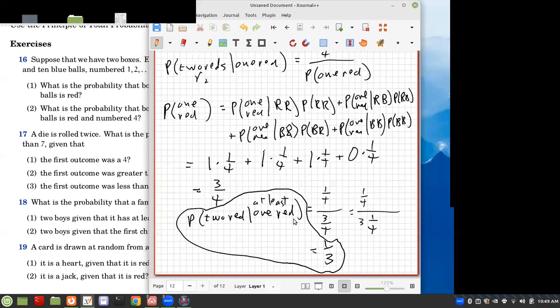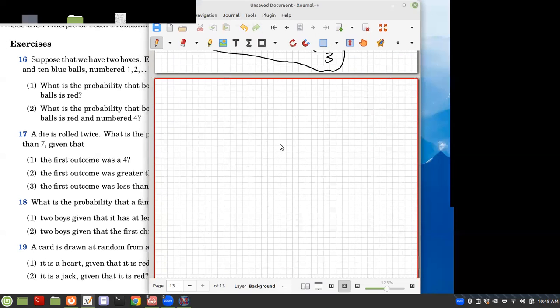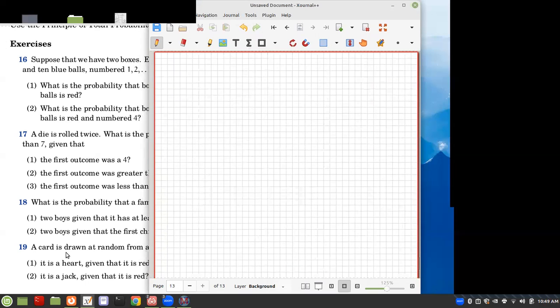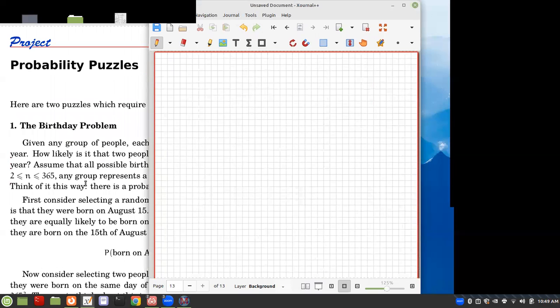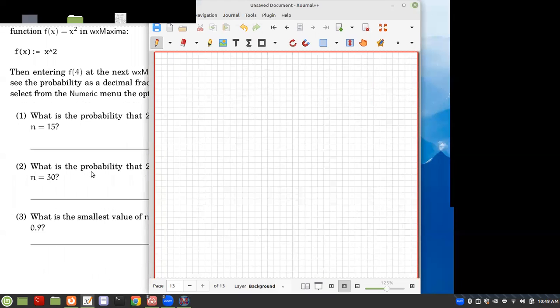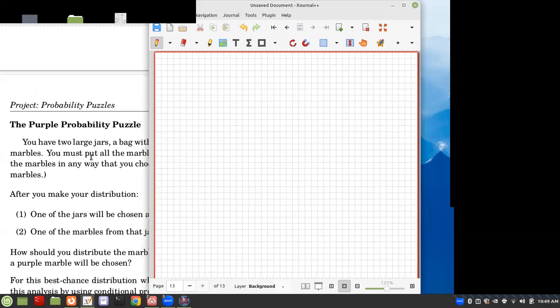So hopefully this makes sense for this situation. Now, there are some other problems here, 17, 18, 19. We can continue with those on Thursday, but let me just comment that there are two puzzles at the end. This is the last topic in the chapter. We did the birthday problem, and the second one now is the purple probability puzzle, in which you have two jars,